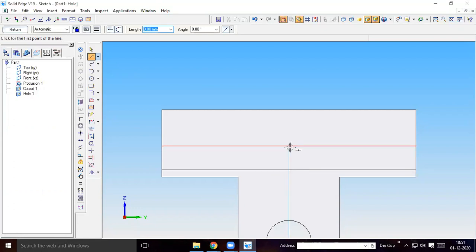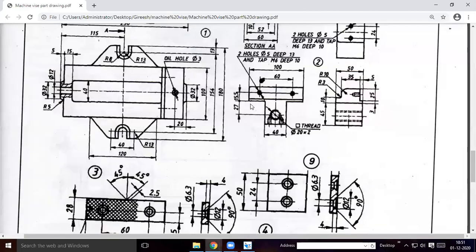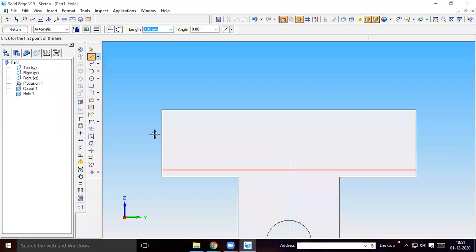You will not get a proper drawing in your assembly, there will be a mismatch of screws. So that's why see the drawing properly. The dimension 15.5 is given from this line, not this line. The distance between these two lines is 3 mm. Here you see, this is the edge. This will be 3 mm. Suppose if you want to take it from here, 15.5 minus 3, you have to take 12.5. I will take 12.5 from this end.